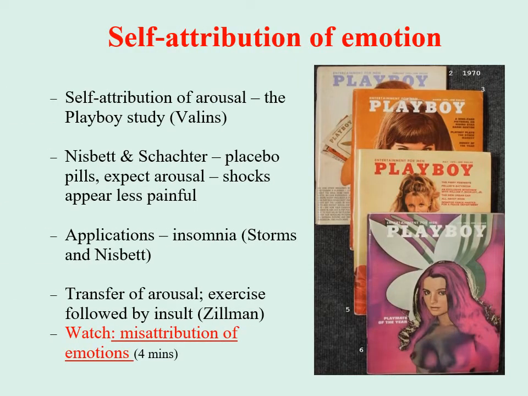Sometimes this sort of emotional misattribution can produce some very surprising and unexpected effects. It turns out that even arousal can be misattributed if you get incorrect signals. We can use emotional misattribution sometimes even in a therapeutic way by misinterpreting arousal in a less challenging way. For example, insomnia can be cured. I'm going to describe that study to you next. And there are ways in which arousal can then inform other kinds of emotional reactions.